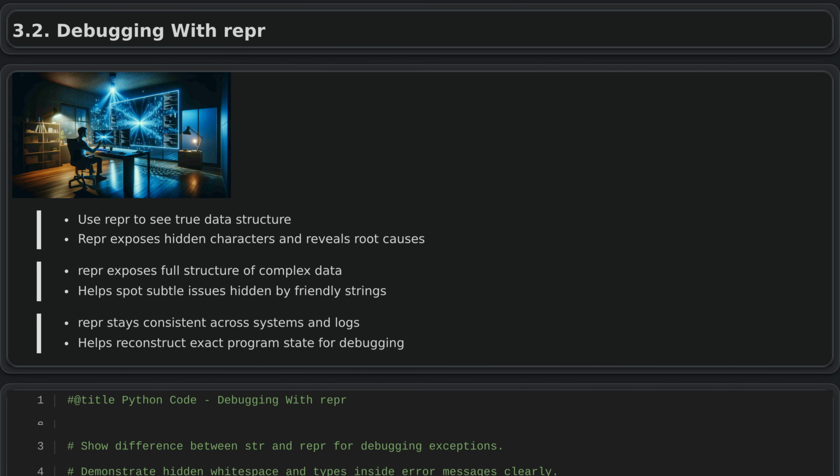Debugging with REPR. When debugging a program, it is not enough to know that an exception occurred. You need to see the exact structure and type of the data involved. Looking at an object's internal representation instead of its user-friendly display reveals its true type and contents. This can show, for example, that something that appears to be a number is actually a string with hidden characters, which explains why a conversion failed. Having this detailed view of the data's real state helps you find the root cause of errors in data processing